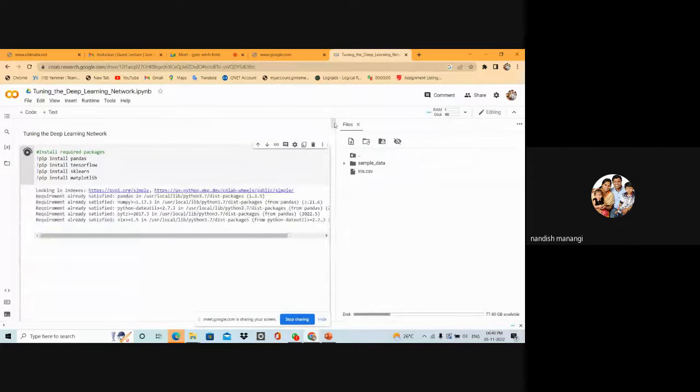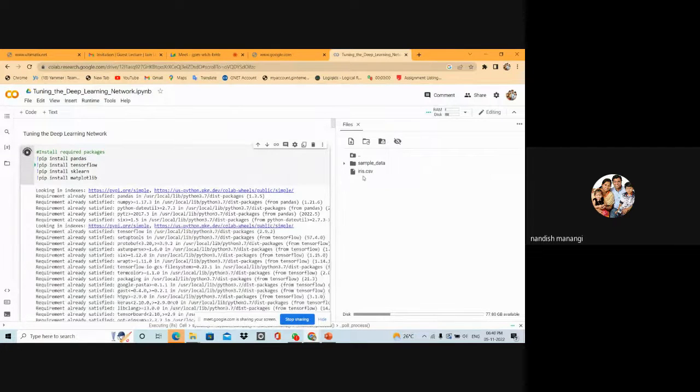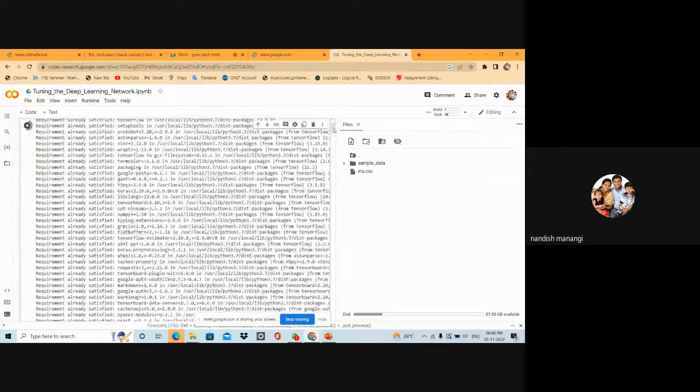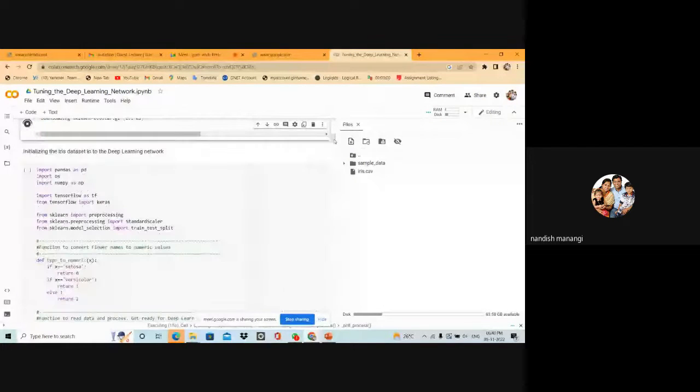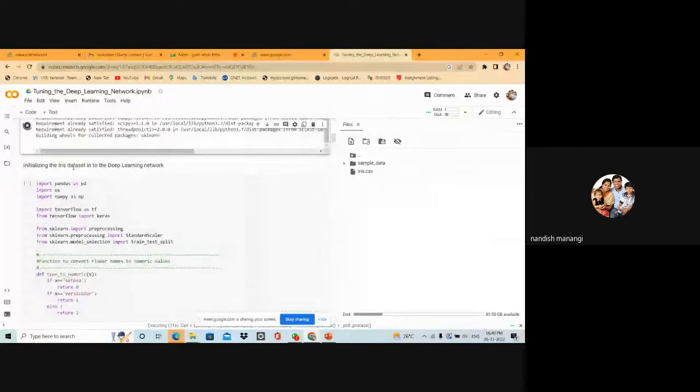Okay, so here I'm using Google Colab and I'm installing all that is required to measure the length of the iris flower for better prediction. Let this complete. Before that, I will explain the next set of things. Here we will initialize the iris dataset into the deep neural network. I will use pandas and also OS, NumPy, and TensorFlow using Keras, and I'm doing the entire pre-processing using StandardScaler. I will use the training and test split